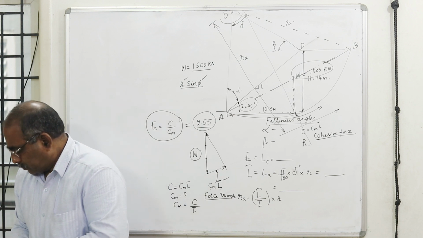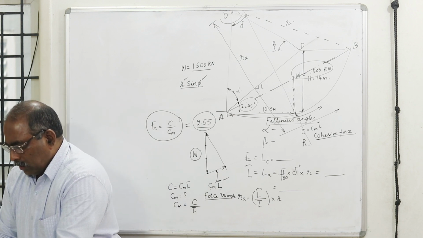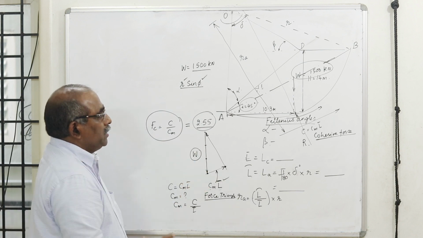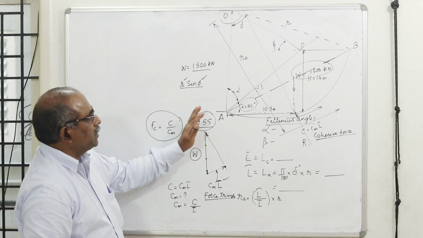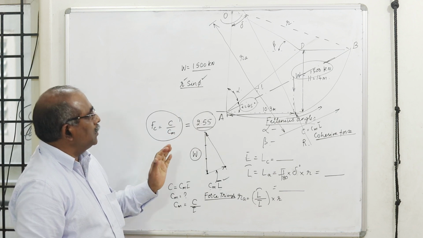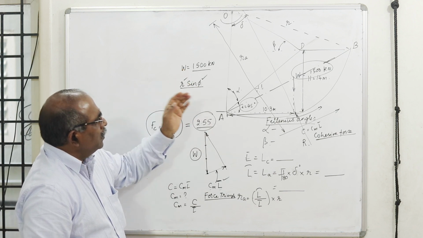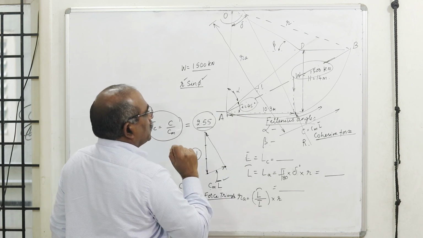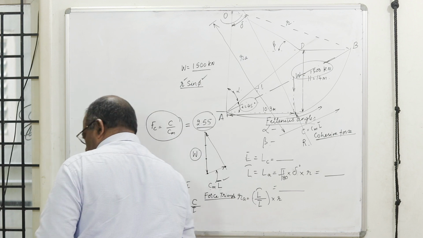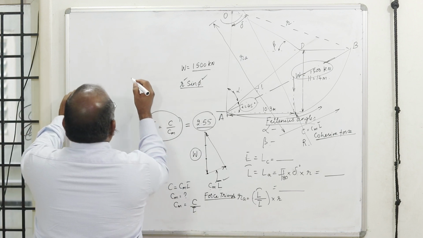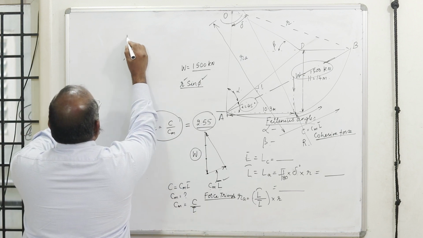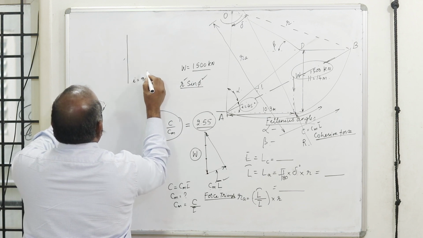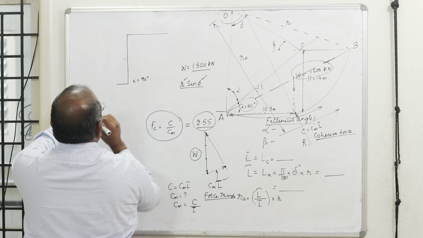Now Taylor tried to simplify this procedure. What he did is using this friction circle, he tried to use different slope inclinations and different values of phi. Phi usually varies. You can have a vertical cut. Vertical cut, what happens? The slope angle is equal to 90 degrees. This is a vertical cut.